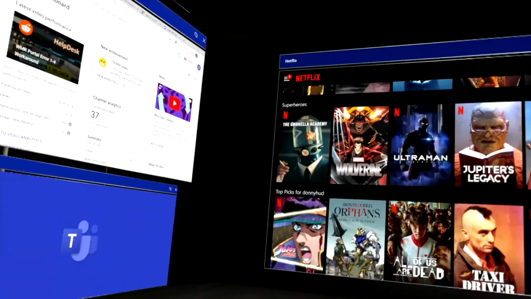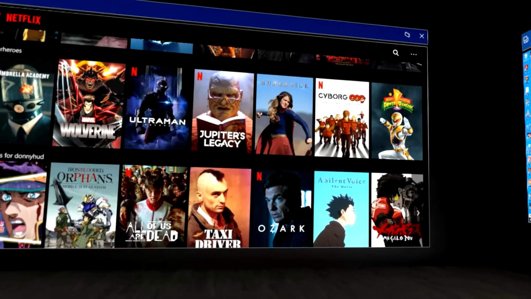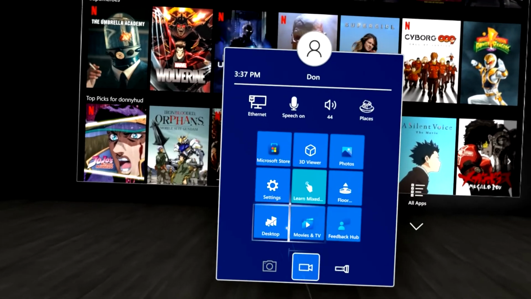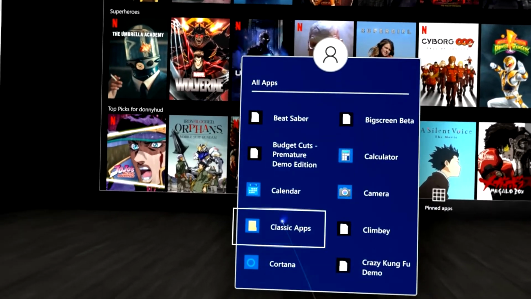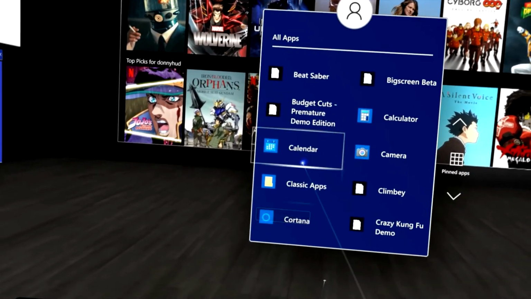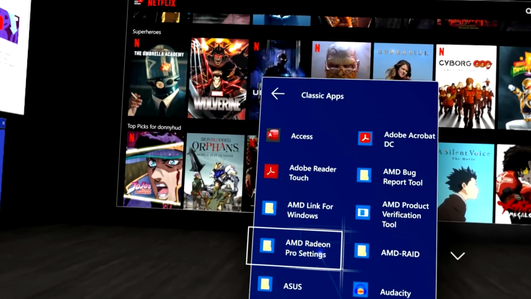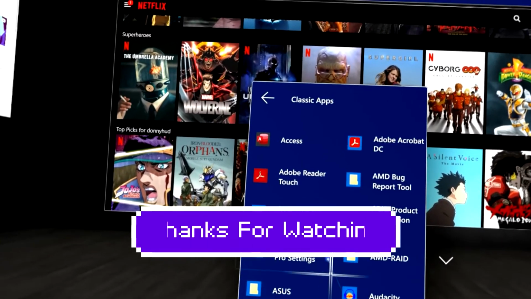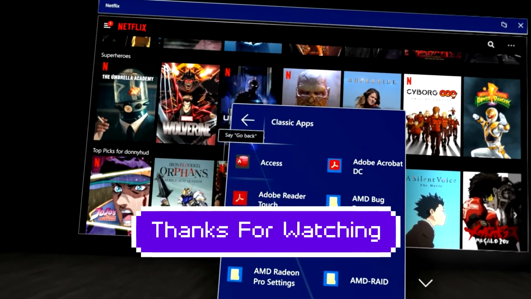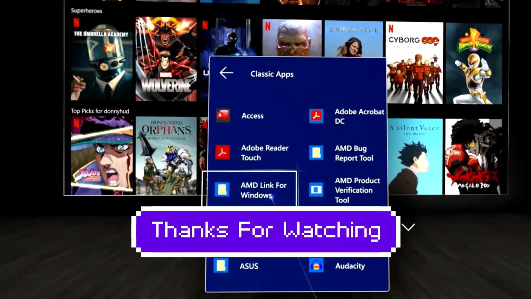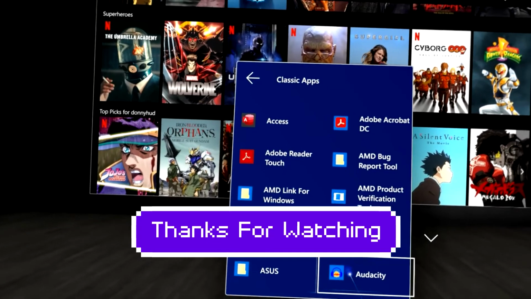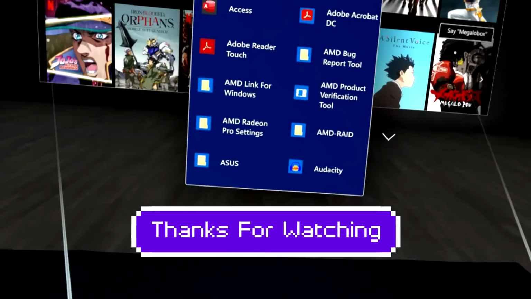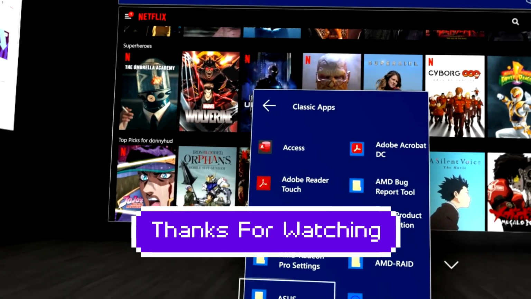All right, so that's pretty much all I wanted to cover. Hopefully that little thing that's within the Windows menu here, classic apps, hopefully you're able to check that out and run through the different programs, try them out, see what works, see what doesn't work, and you'll be able to use Windows Mixed Reality Portal as your VR